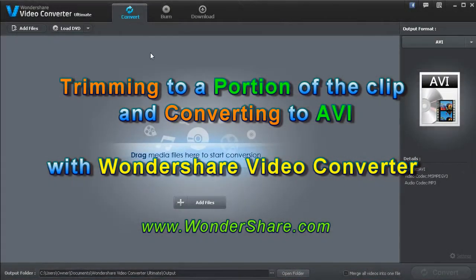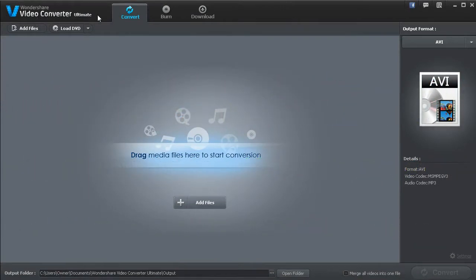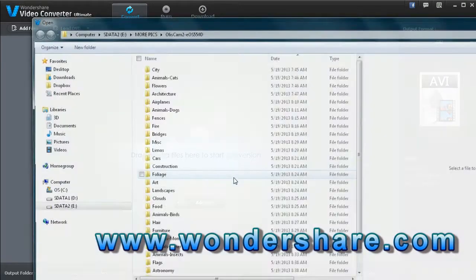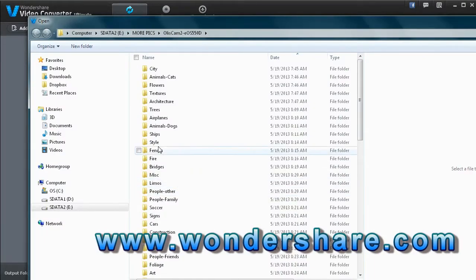Alright, let's try this one. This one is called Video Converter Ultimate by Wondershare. Now, I don't have the license yet for it, so it's going to put a bookmark on it somewhere in the middle, I think. But let's see what we can do with that. I'm going to add a file with that. Let's go to the